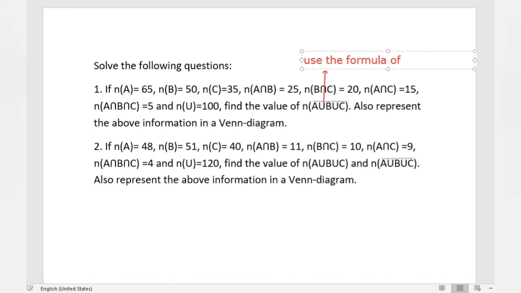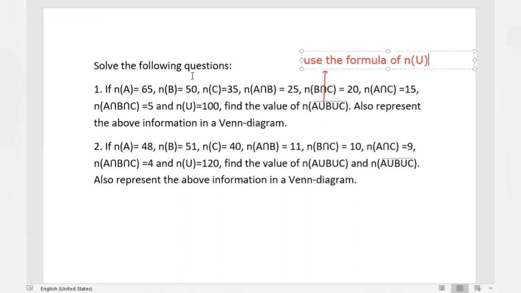Let me tell you the formula of n of U. You can find it out very easily, and also represent the above information in a Venn diagram. Exactly the same as I have done in the example just now. You can go through that, and do it exactly the same way.